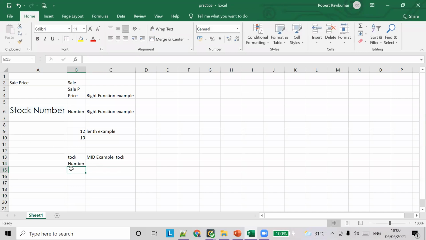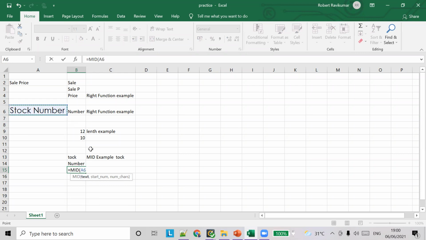Let's say I want to get the 20th position. The total length of the string is 12, but if I give the start number as 20, what will I get?